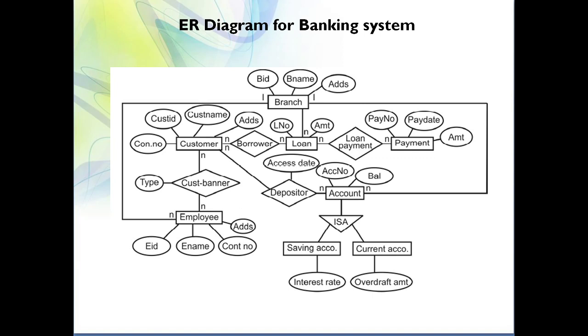First of all, our choice would be noun. Suppose a particular noun is not available, then we should go for verb. And suppose that a suitable verb is also not available, then in that case you need to take a combination of both. So these are the few things that you need to follow while drawing an ER diagram for any system.